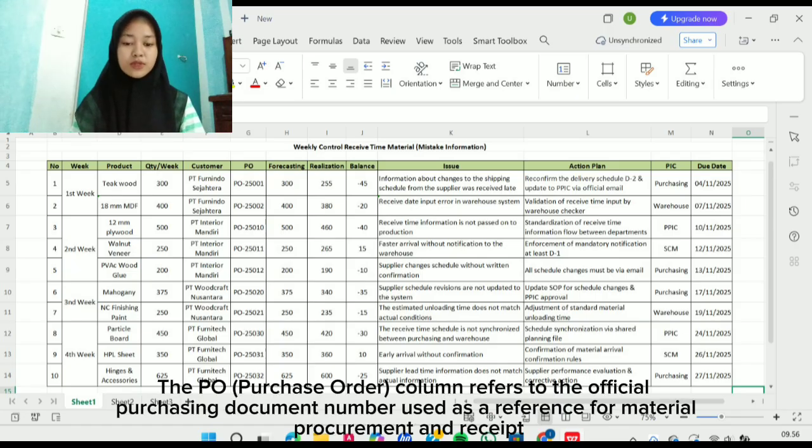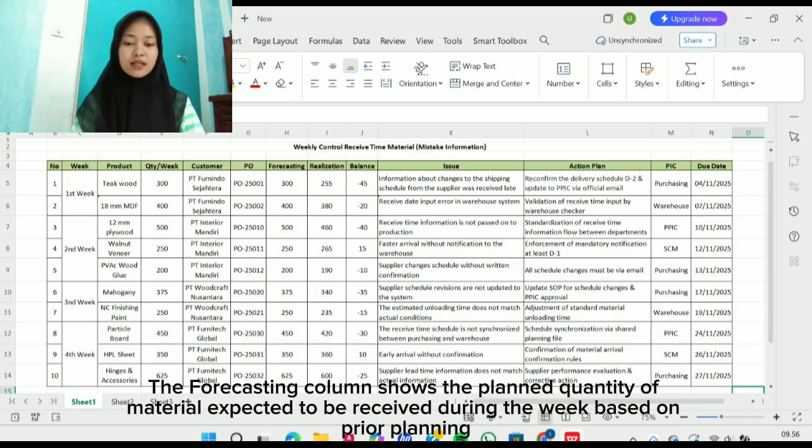The PO, purchase order, column refers to the official purchasing document number as a basis and reference for material procurement and sale. The forecasting column shows the planned quantity of material expected to be received during the week based on prior planning.